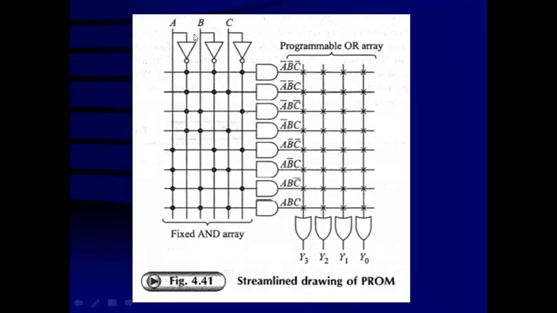So, you can see here, this is a 3 line to 8 line decoder. Again, here the connection is going to be shown like this. This indicates that all the 32 diodes are going to be connected. And out of these 32 diodes, the diodes which you don't require should be disconnected. And that can be done by passing high current through that particular diode, and that fuse is going to be blown off. But once that fuse is blown off, that means the diode is disconnected. You cannot reconnect the diode.